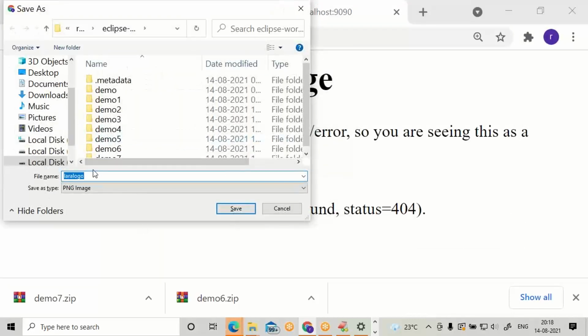You can see the Lara logo is coming. You can save any file. From the server, we can download any file into the local system, just because of content-disposition.